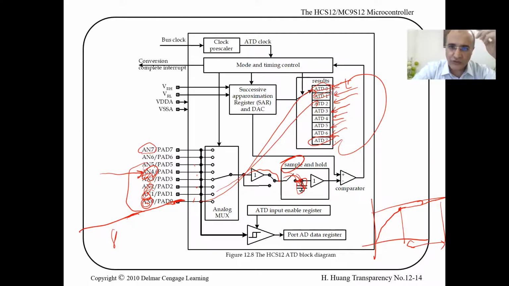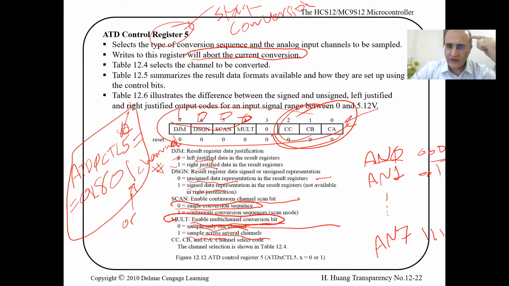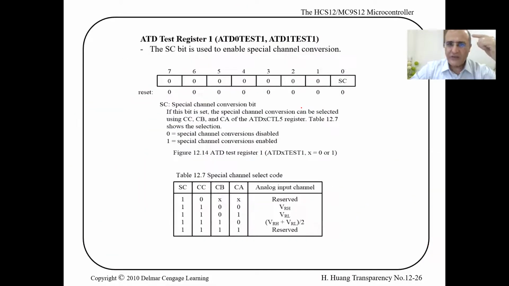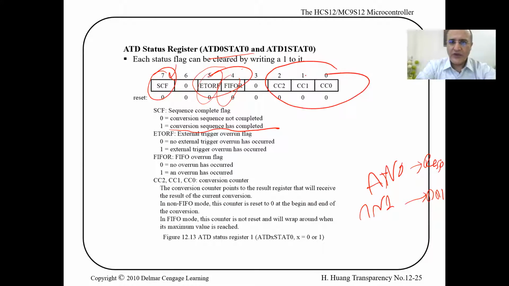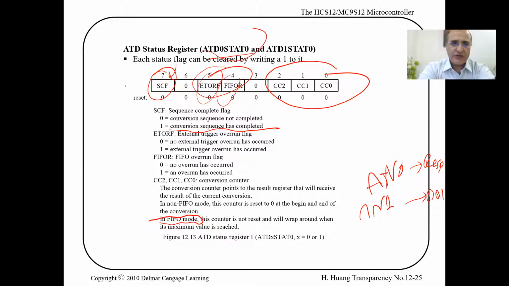In the FIFO mode, where is your result going to be stored? You don't know, okay? You need to go check it. And these 3 bits will tell you where your result was stored in the FIFO mode. Okay. For us, we pick the non-FIFO, so it doesn't matter. So what we care about in this register is to keep checking